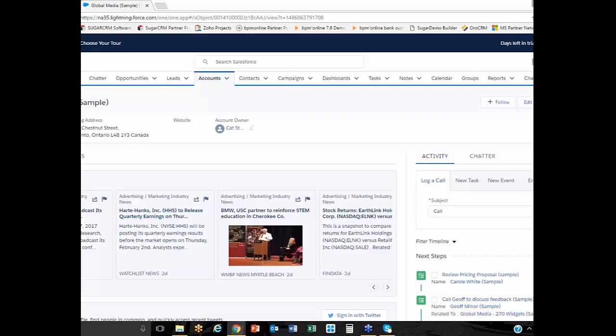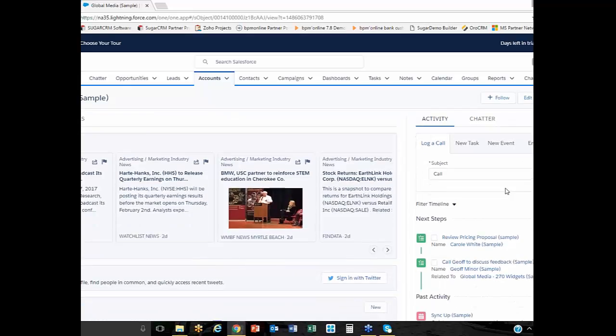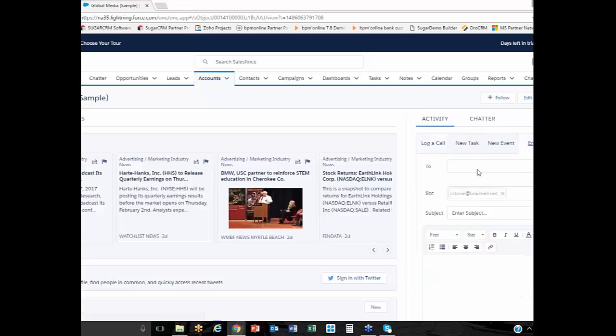So here we are, and we've got our basic account information here at the top. We can see that Kat Stone is the owner of the record, and we have links to go back to that employee record as well. But over here on the right-hand side is really what Sugar has as calls, meetings, and tasks. It's an activity center. There's a chatter for inter-office communication. This is where I'm going to log my calls against the account. This is where I'm going to schedule my events, and maybe even just email directly out of Sugar.